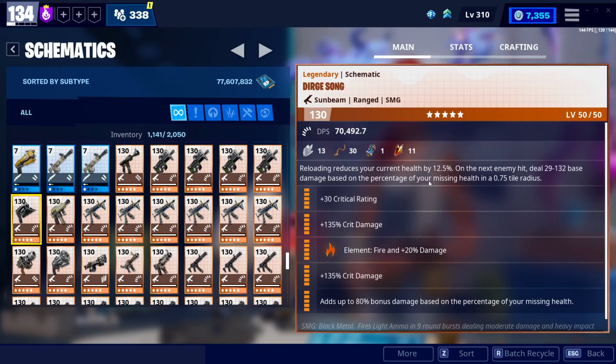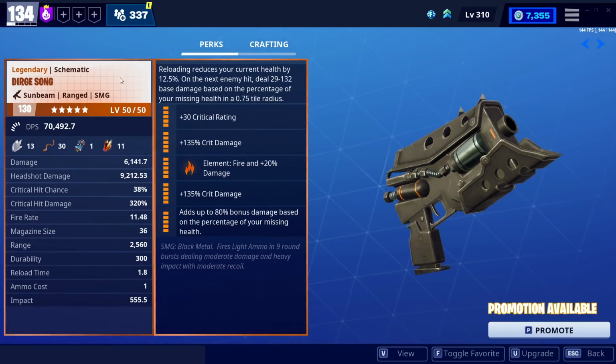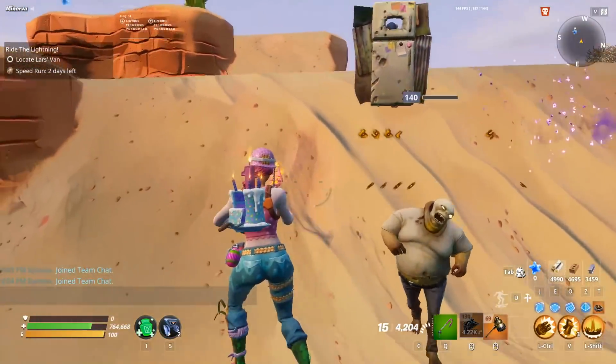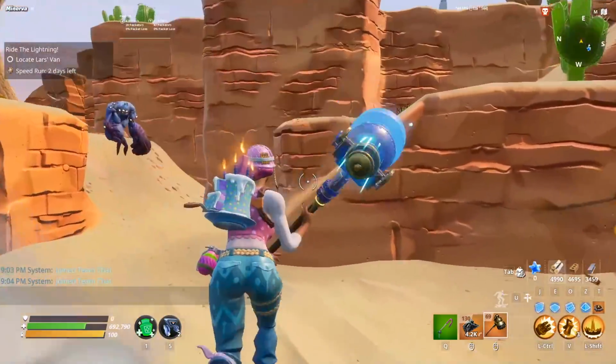The Dirge Song is going to be one of our first letdowns of the video. Unfortunately, as with some of the black metal weapons, it is really weird. I'm surprised that it's even classed as a pistol because it's more of a burst pistol, but it's a 9-round burst weapon. So it's kind of like a weak burst weapon with really bad damage drop off,